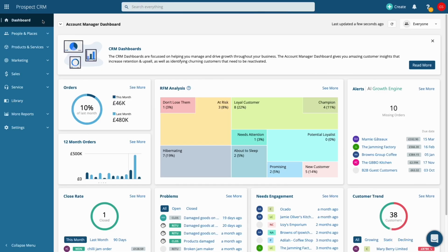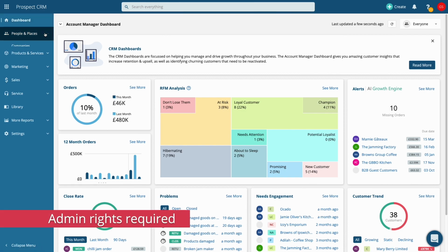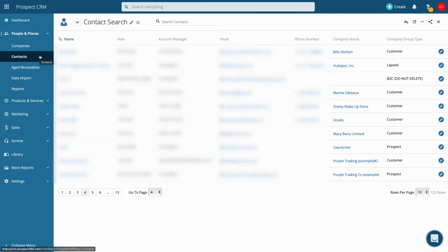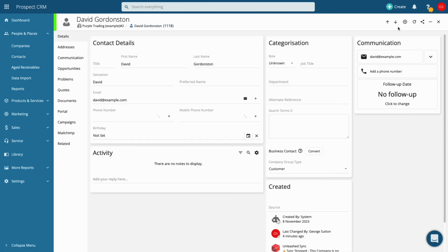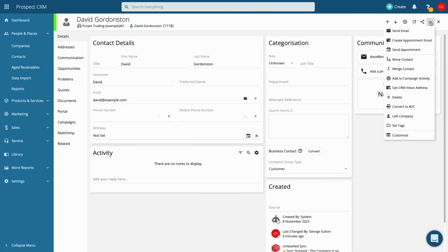Do you need to change the label of a CRM field to help with segmenting your customers? Check out our Customizer to edit your CRM record layouts. To open the Customizer, first open the record you wish to change the layout of, and then click the three